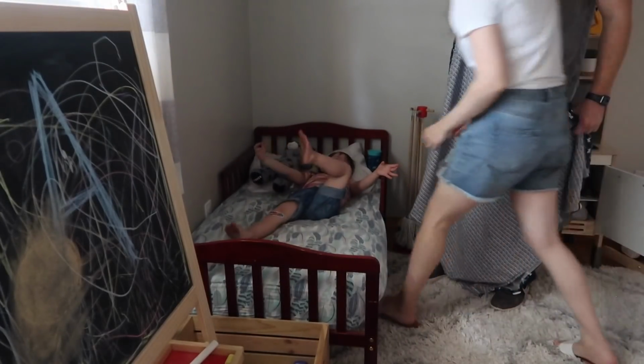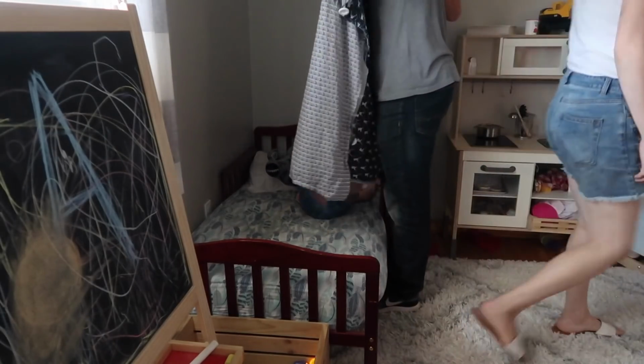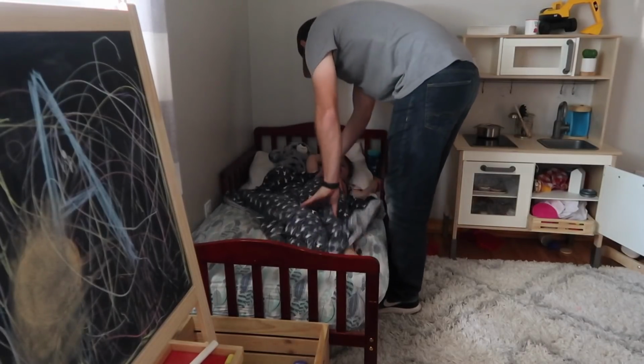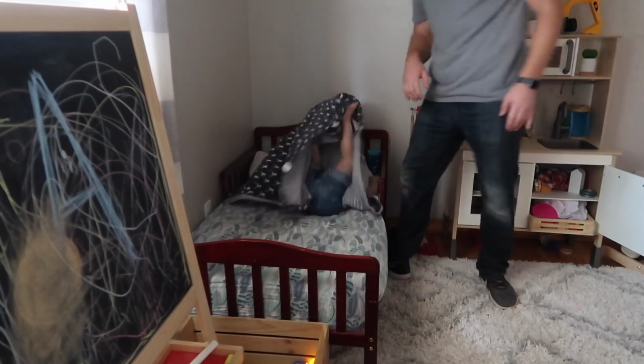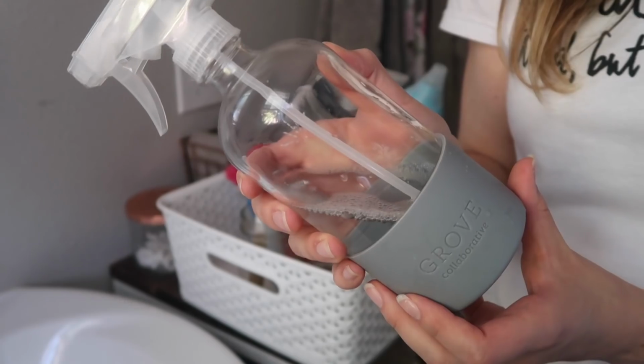Normally while they're napping I will do some editing or plan videos, but this morning I'm going to be doing my bathroom cleaning routine because I didn't get to that. If we hadn't been running behind, this usually happens at about 10:30. So the first thing I'm going to do is start soaking my tub with some tub and tile cleaner